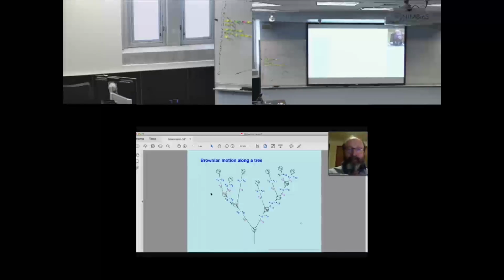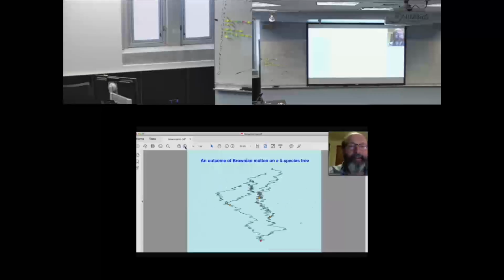We're assuming that you somehow know branch lengths for these branches, and we're going to be assuming that the accumulation of variance of the quantitative character is proportional to those branch lengths that you've estimated from, for example, molecular data. Does that have anything to do with your question? Yeah, thank you. Okay, good. I'm glad that I somehow, in all that, managed to answer the question. But I'm not sure how I did it.